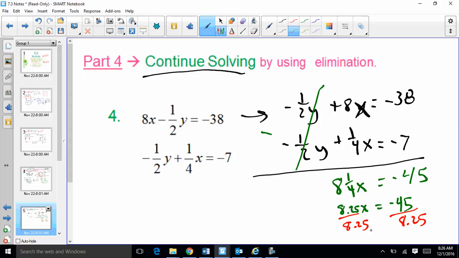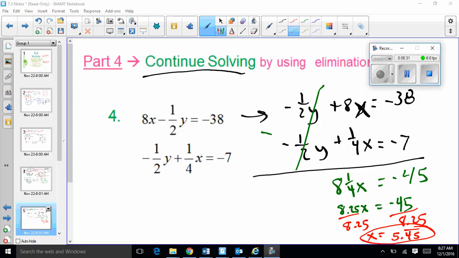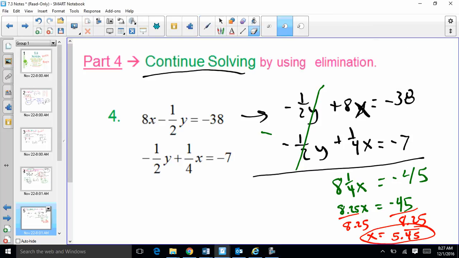And as it turns out, x ends up equaling 5.45, and then that's repeating. I don't like that at all. So what I'm going to do instead is retry it in a different way. So when I go back and I retry it in a different way, I realize, whoa, hold on a second. I was supposed to be subtracting these two, right? So I'm going to erase this because all the way up here,